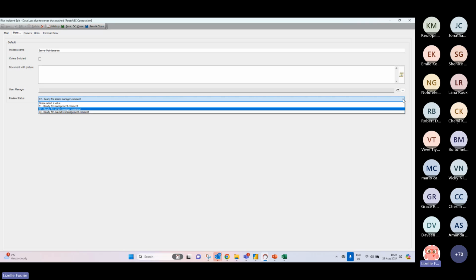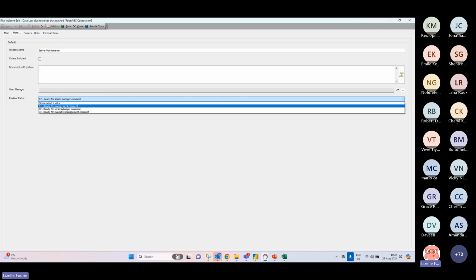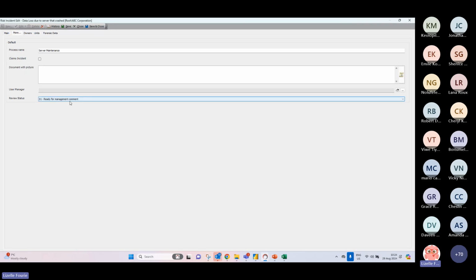And then, like you said, if you select ready for management comment here in this example, we could go and create fields that say, if you select this option, then you have to complete the next 3 fields. So that can definitely be done. And then to answer your second